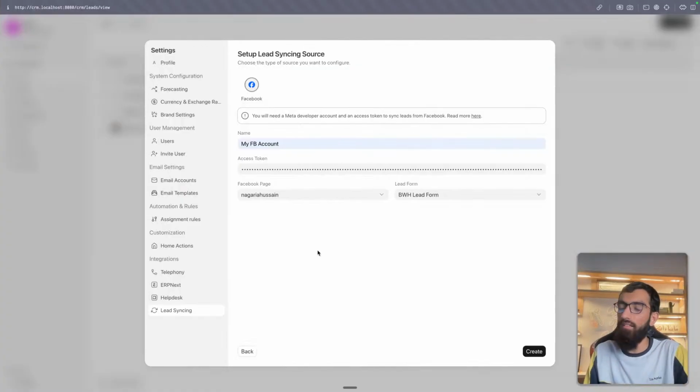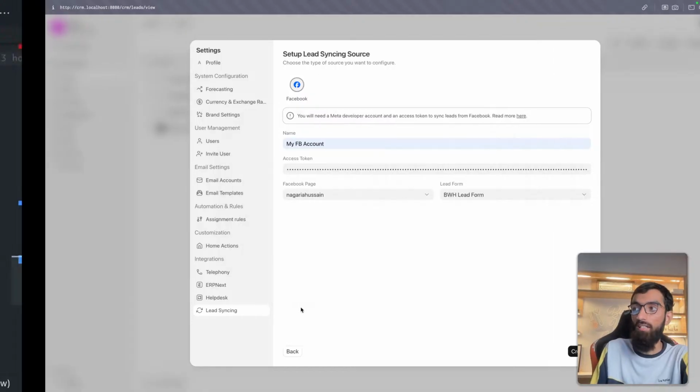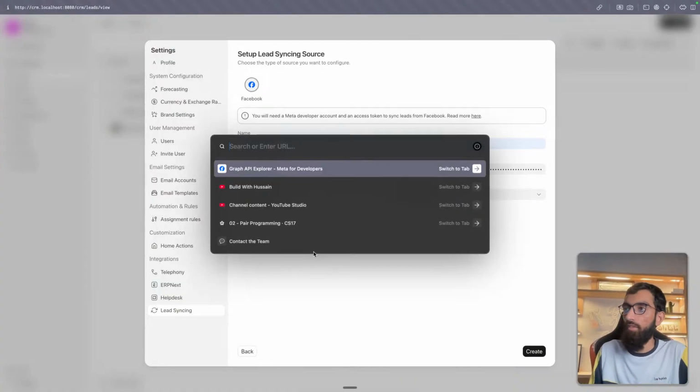Probably we can remove that and we'll see if it causes some issues. Because right now I don't remember why I added that unique validation. It should probably work without it. But yeah, so the better validation would be no two sources can have the same form. One of them, if both are enabled, that is a better check because later on we added that enabled thing, right? So what we can do is we can go to crm.localhost:8000